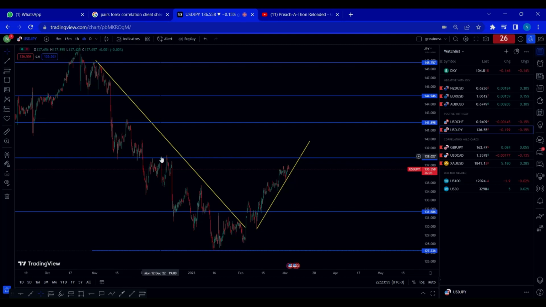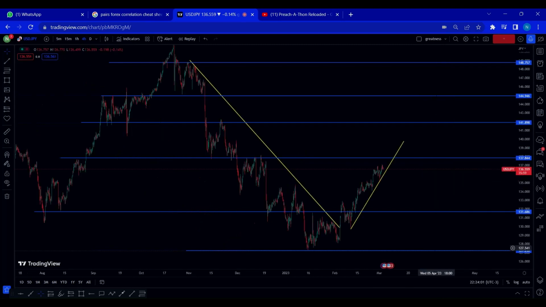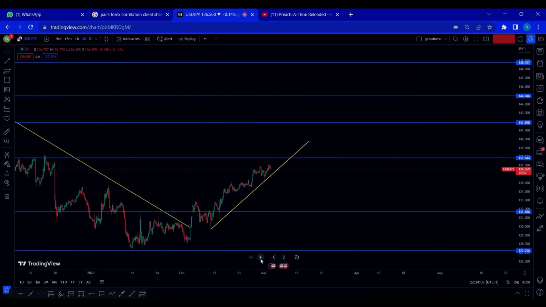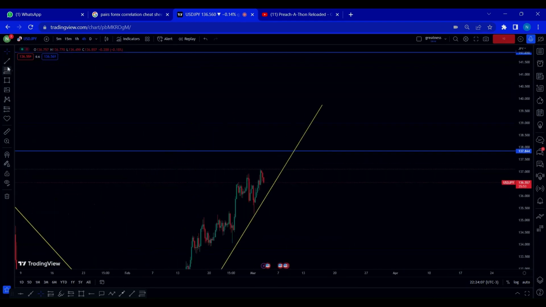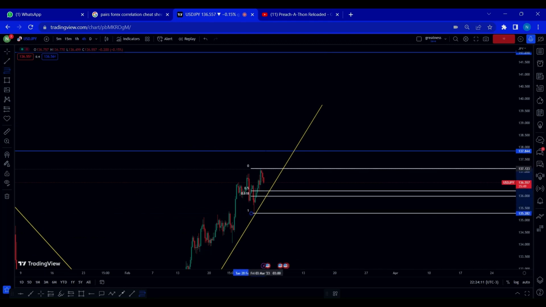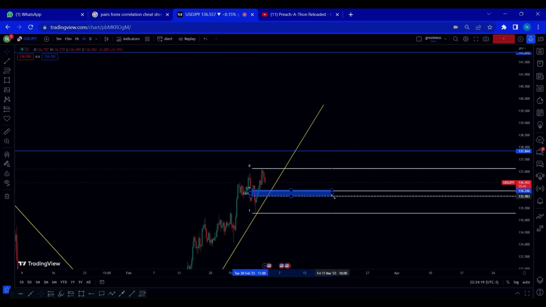There's nothing too complex or complicated. We're going to be looking towards buying the market. We're going to be analyzing using the same optical tool from here to there, expecting the market to actually respect the zone. Once you respect